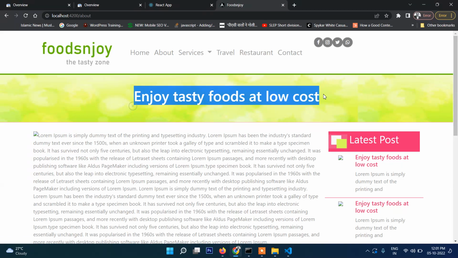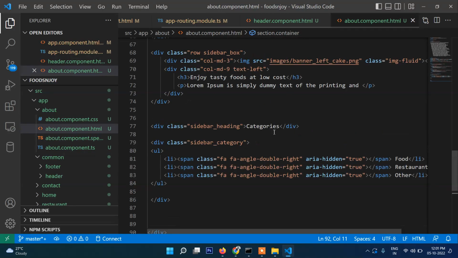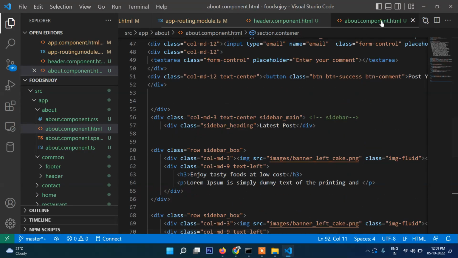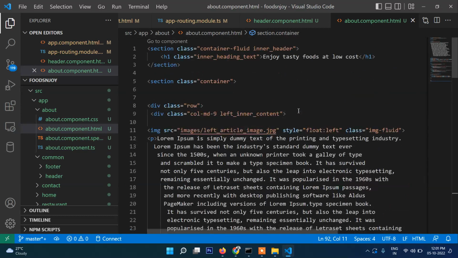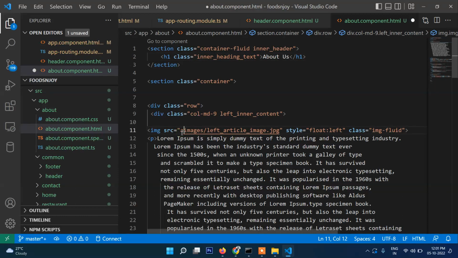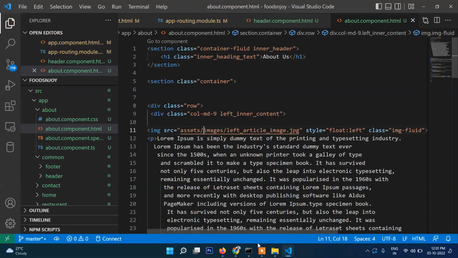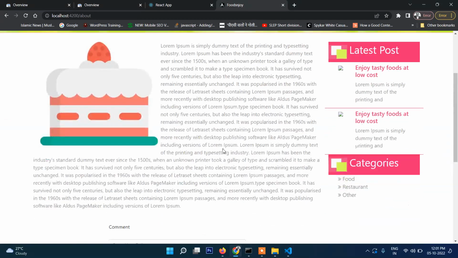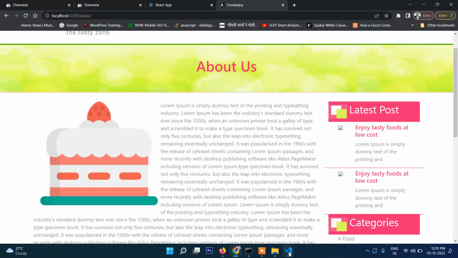Now we will change its name to about us. In here, assets, right? In the right side also,